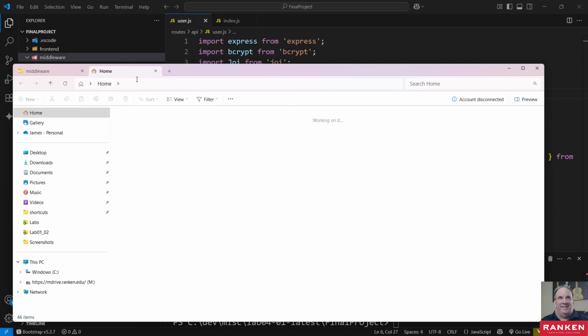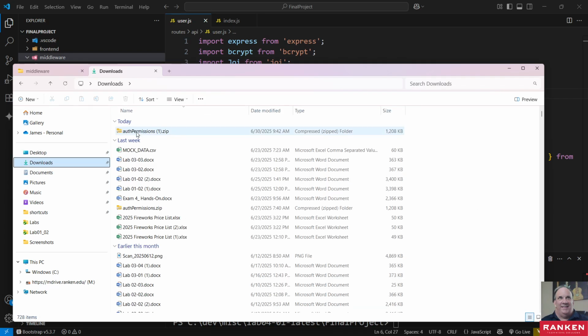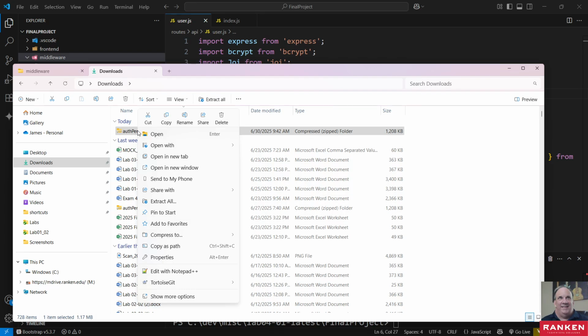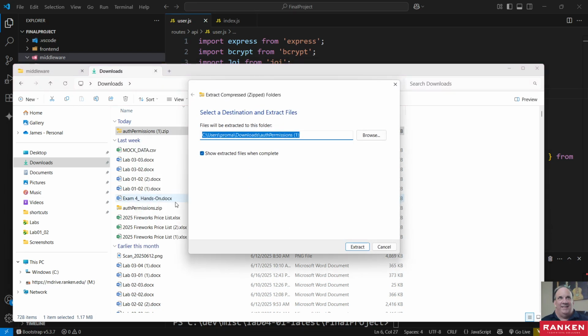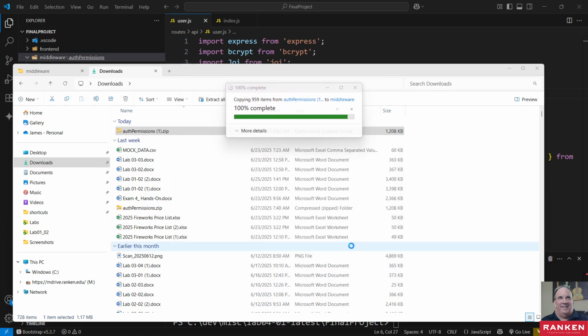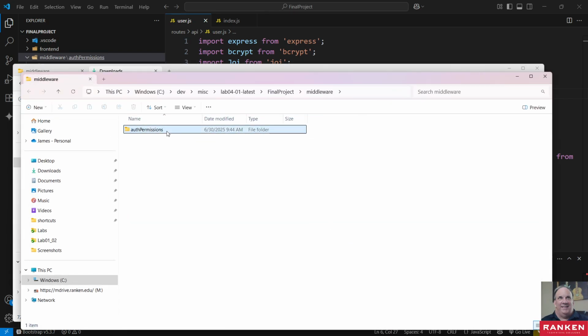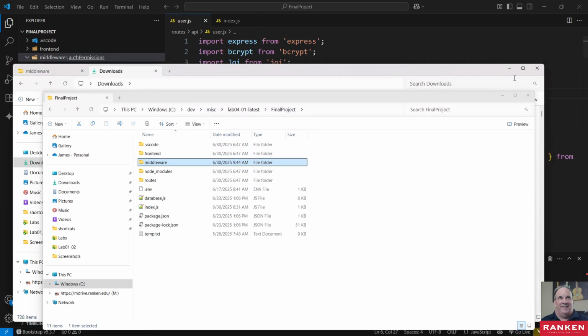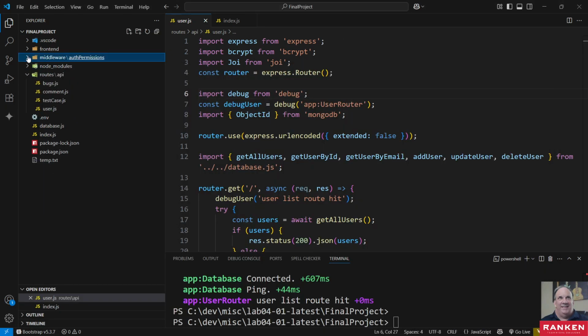I'm going to go to our downloads. And then here, I'm going to go ahead and right click on this and do extract all. And I am going to copy that path. Okay. And then I'm going to hit extract here. Okay. And now we have auth permissions in our middleware folder, right? And then we come back over here. It's all here. Here is all the